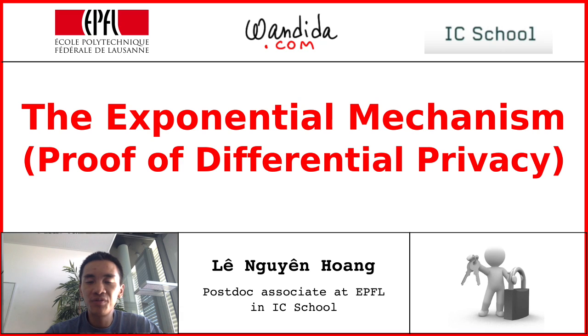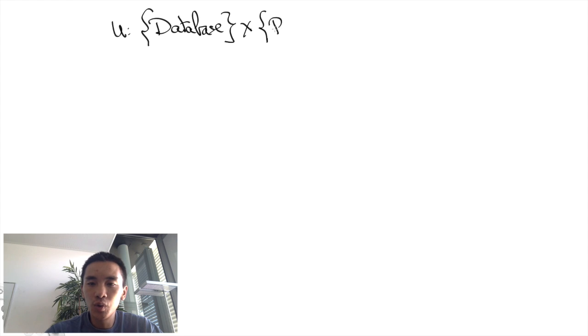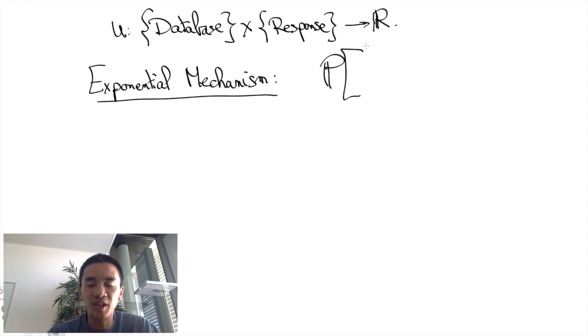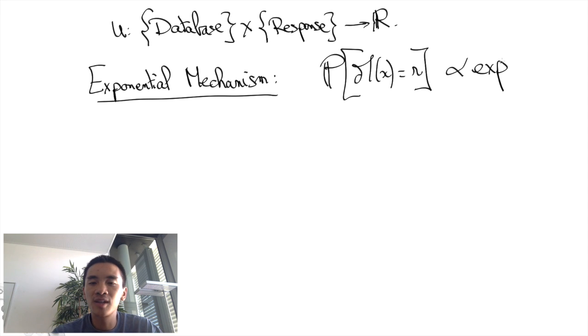In this video, we will prove the differential privacy of the exponential mechanism. The proof is quite straightforward, although explaining the setting is a bit cumbersome. Recall that we defined a utility function u from the set of databases times the set of responses to R, and that the exponential mechanism returns a response R for database X with probability exponential in epsilon times u of